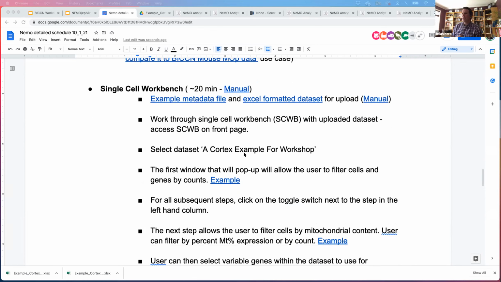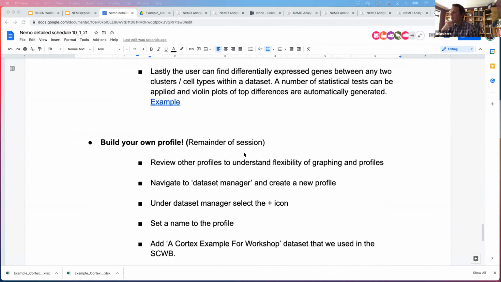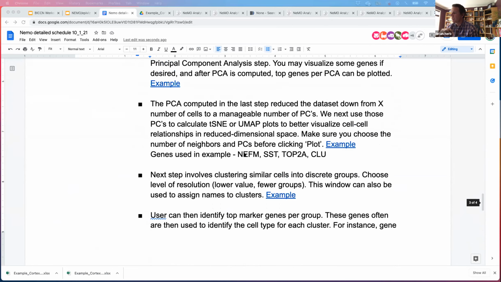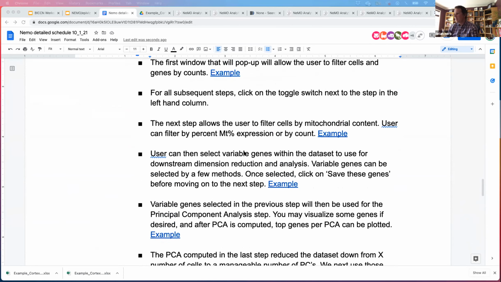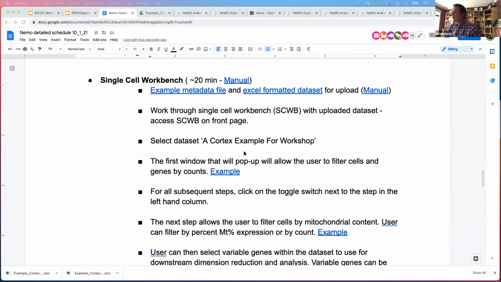So what we're going to do is I'll take you on a quick walk through the single cell workbench, but we probably want to spend a little bit more time on the last portion of building profiles. So I'm going to be jumping through and showing you, as in the classic cooking class, you mix everything up and then there's already an example in the oven. So I may be just jumping to that final example. But it might be worth taking just a few minutes walking through how to upload data. As you saw from Jairam's presentation, the epigenetic data is handled a little bit differently than the transcriptomic data.